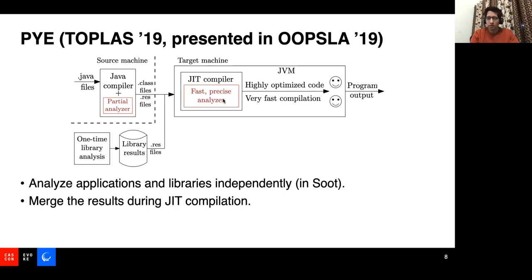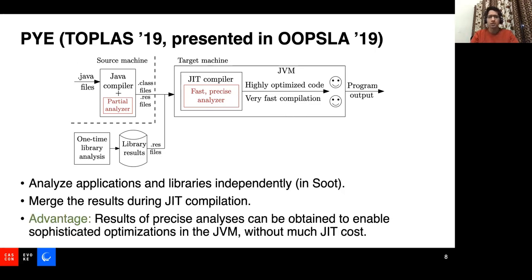So the idea is don't perform complex analysis during JIT compilation, offload it to static analysis where we can spend time performing more precise analysis. Then whatever is left, the merging part, and if there is scope to improve the results, we perform that in the JIT compiler. Essentially we tend to get highly optimized code without affecting the compilation time much, or sometimes even reducing the compilation time. We had executed this idea for a couple of pointer analyses in the paper mentioned above.